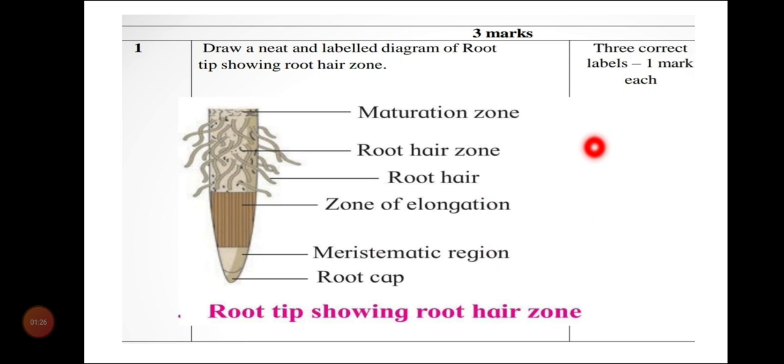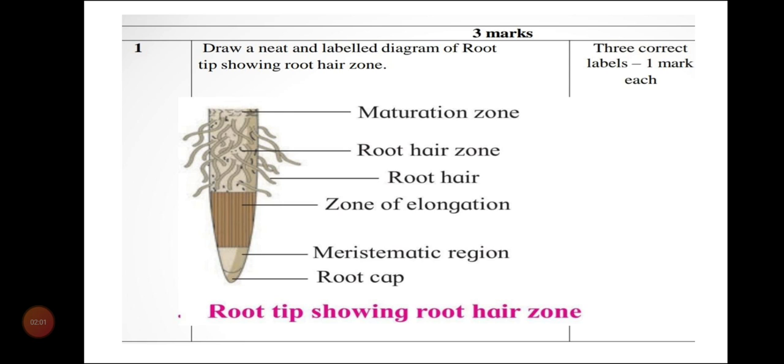But remember students, always do the extra labeling. You have to do at least 4 labelings. Just don't depend on 3. Sometimes what may happen is that any one can go wrong. At that time you should have the option for getting the marks. As you know, you can score full marks in biology. So always write an option which can give you marks if another answer is wrong. So do at least 4 labelings. Okay, and draw this diagram.